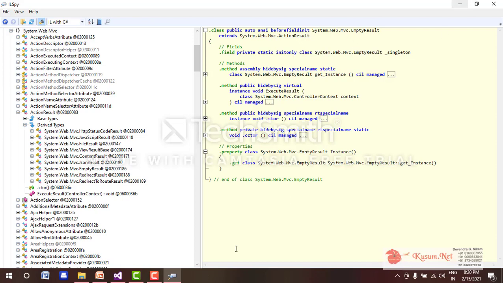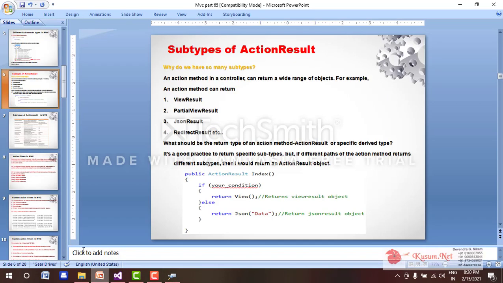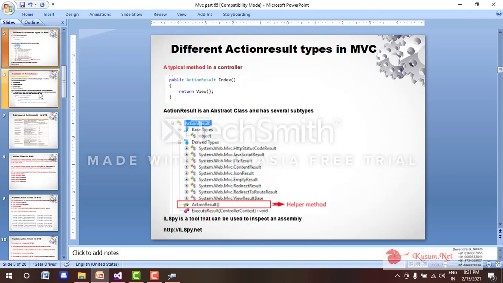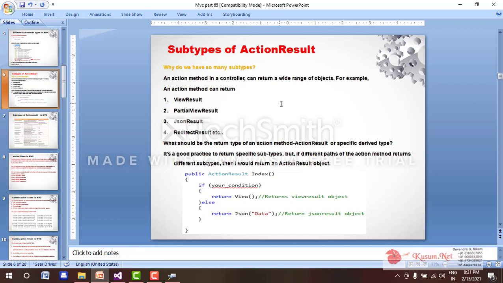Now let's come back here. Why do we have so many subtypes? An action method in a controller can return a wide range of objects. For example, an action method can return a view result, partial view result, JSON result, or a redirect result.